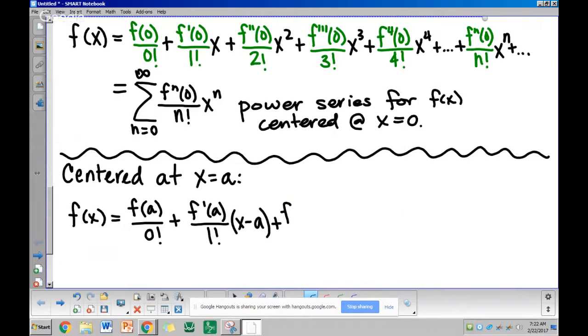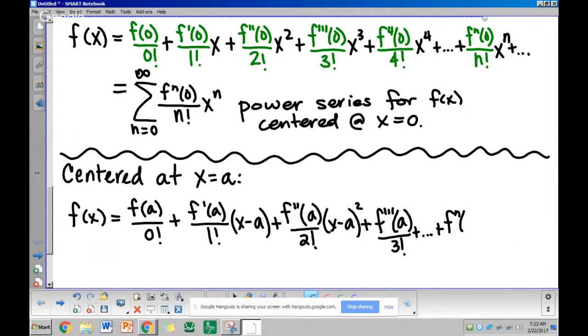Plus f double prime of a over 2 factorial times x minus a to the second plus f triple prime evaluated at a over 3 factorial plus, I'll do the nth term here. This will be the nth derivative evaluated at a over n factorial times x minus a to the n plus